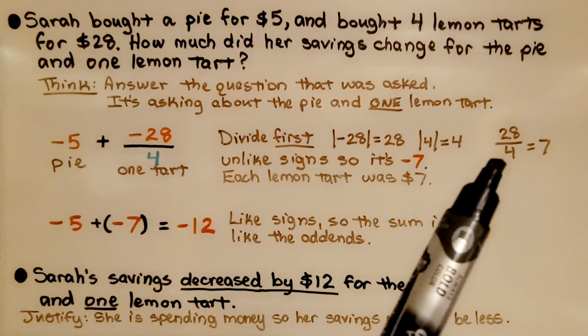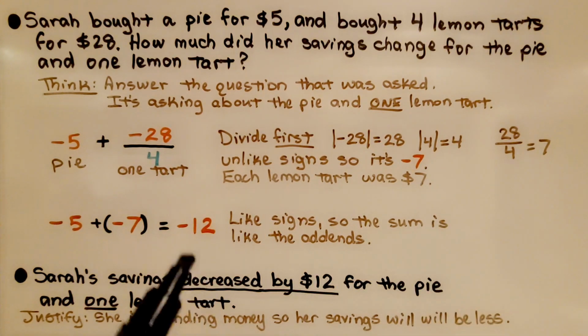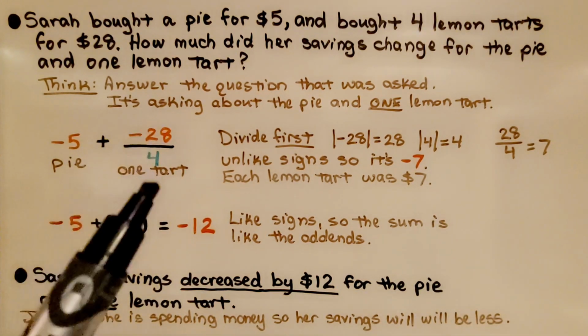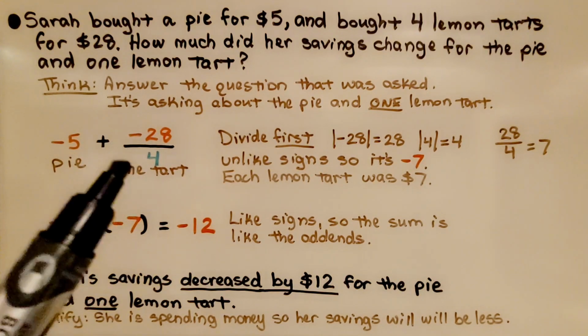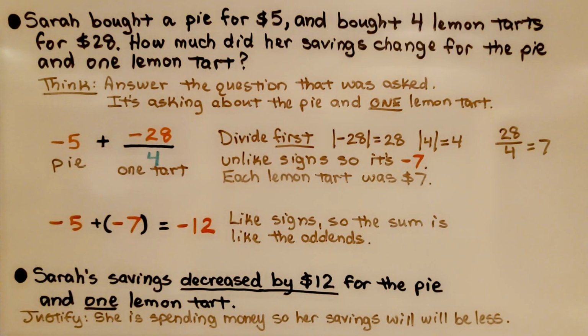28 fourths is equal to 7. They have unlike signs, so it's a negative 7. That means each lemon tart was $7. Now we can add the pie price